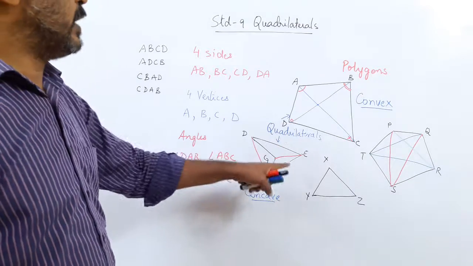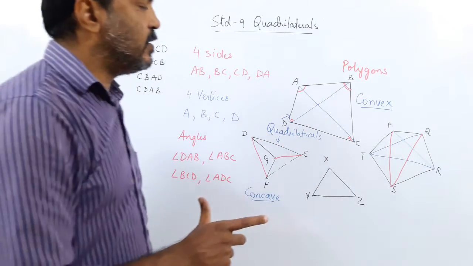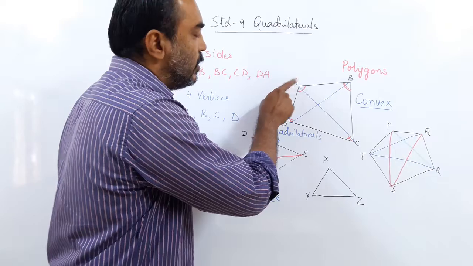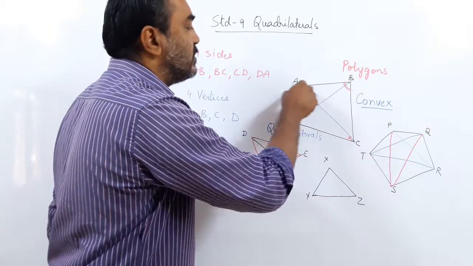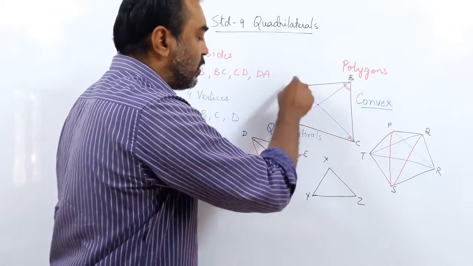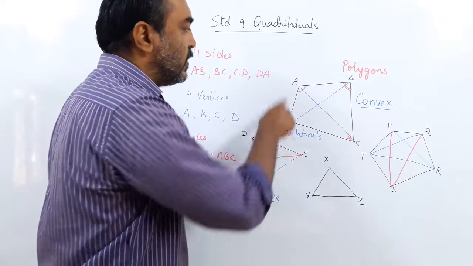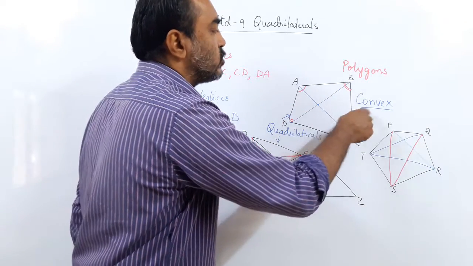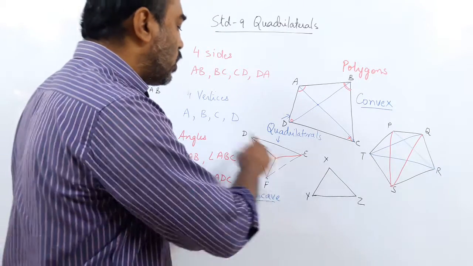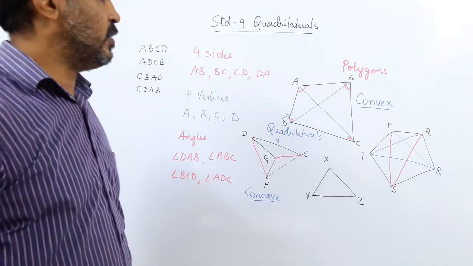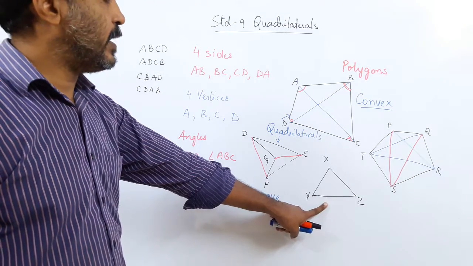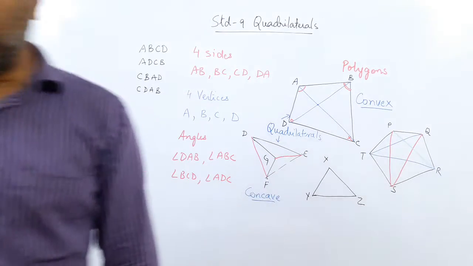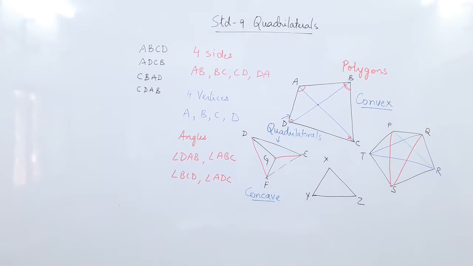And quadrilaterals are of 2 types. You understood what are diagonals? Diagonal is drawn from a vertex, but you have to omit the adjacent vertices, go to the opposite one. So a quadrilateral has got 2 diagonals. If the diagonals meet at a point, it is called a convex quadrilateral. If they do not meet at a point, it is called a concave quadrilateral. A triangle has got no diagonals and a pentagon has got 5 diagonals. So this is the basic idea or understanding of a quadrilateral. The next part is to understand